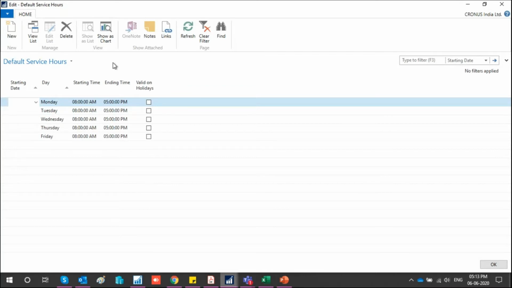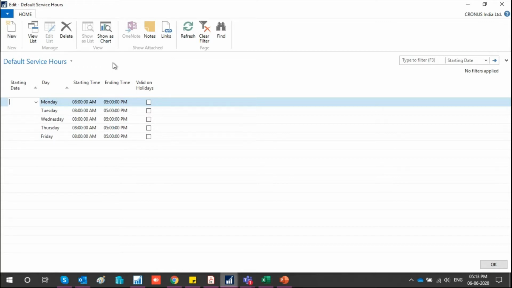Quite obvious that the first thing I need to do is define the service hours. For example, Mindcode is working, let's say, from 10 to 7. I can define the starting time and ending time. But let's say 10 to 7 is one shift, and from 7 to 11 is another shift. So there are two shifts, and I have to define the service hours in which my company is providing its service.